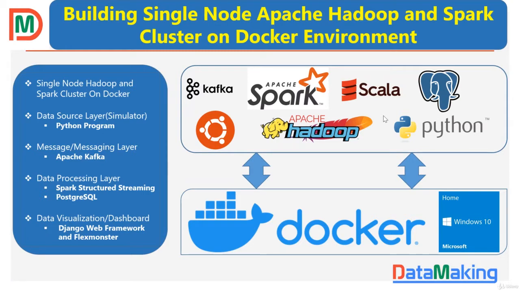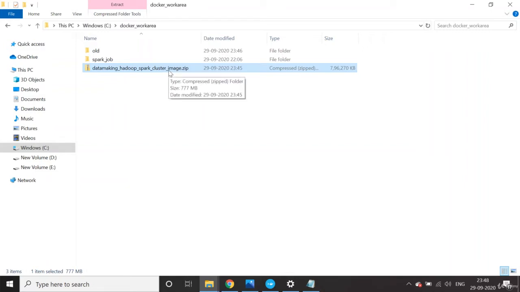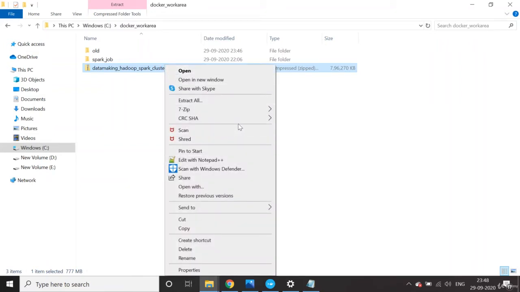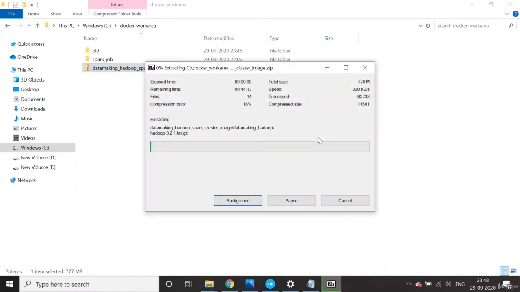Once I upload this compressed file, it contains all the configuration files needed to build this cluster. You download it from this particular section, and you can extract the compressed file.